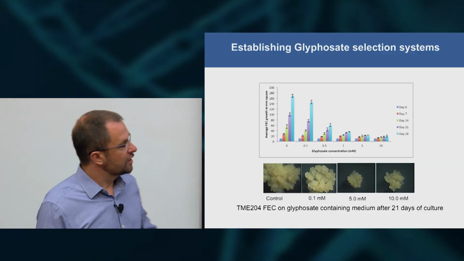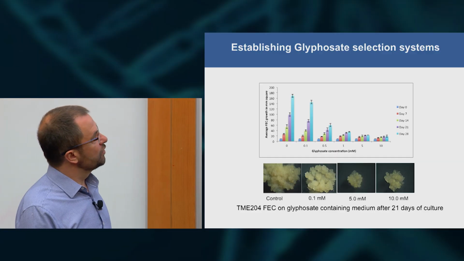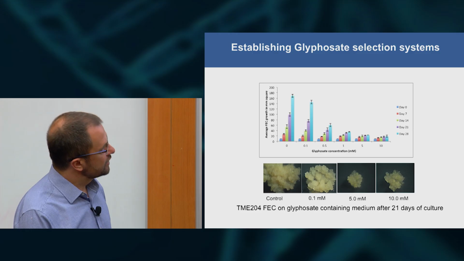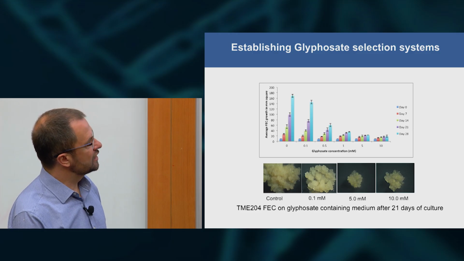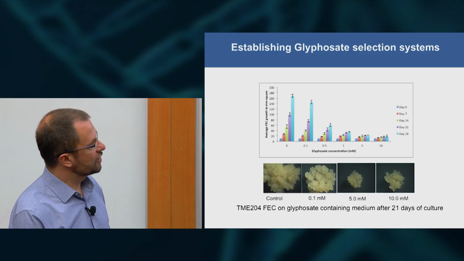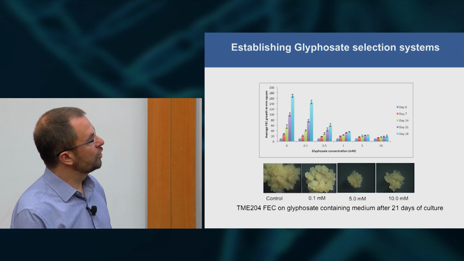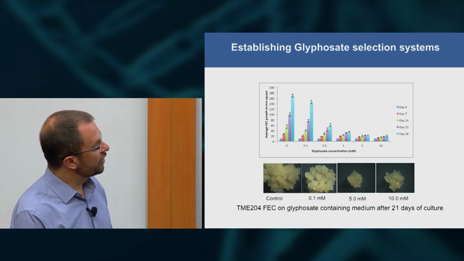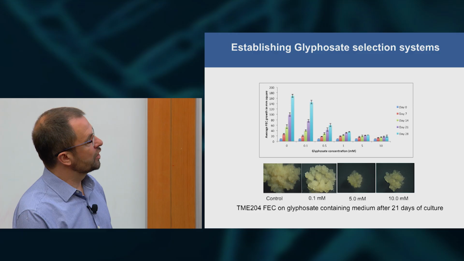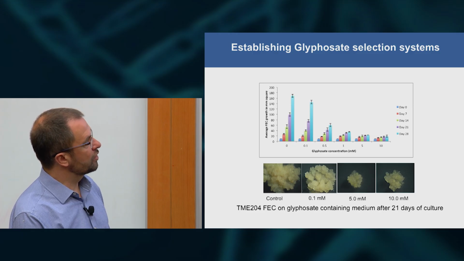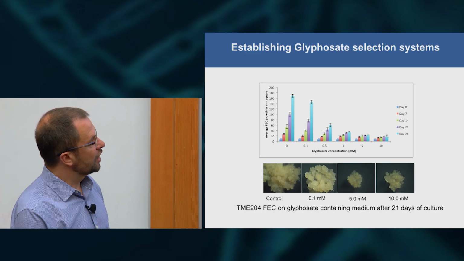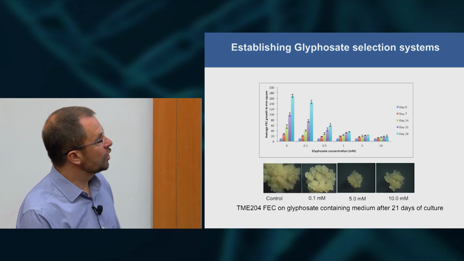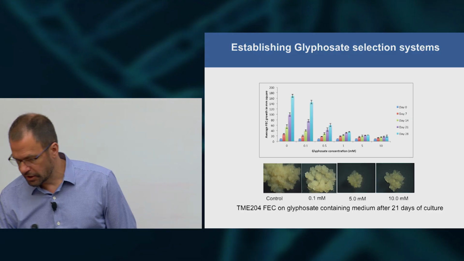Because we have a powerful selection, we can identify concentrations of the herbicide that kill or impair growth in these cells in culture that we want to do the gene editing in. That's what's illustrated here: growth over a period of 28 days under varying concentrations of herbicide. So we can pick a concentration that inhibits growth, and then the idea is if we edit those genes, the cells will be able to grow on those inhibiting concentrations of herbicide.